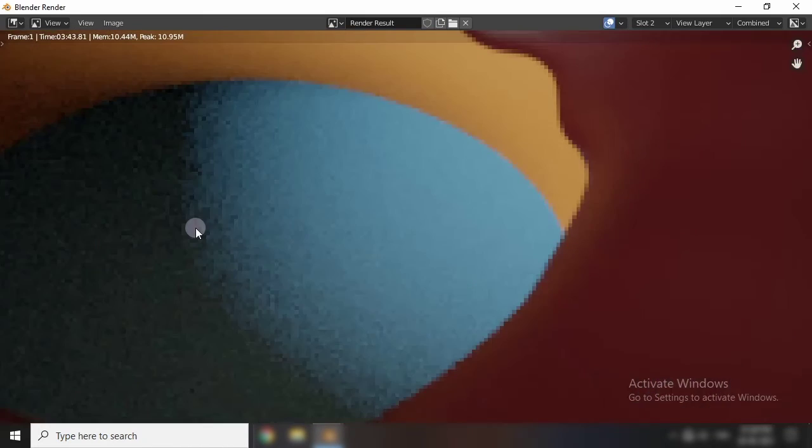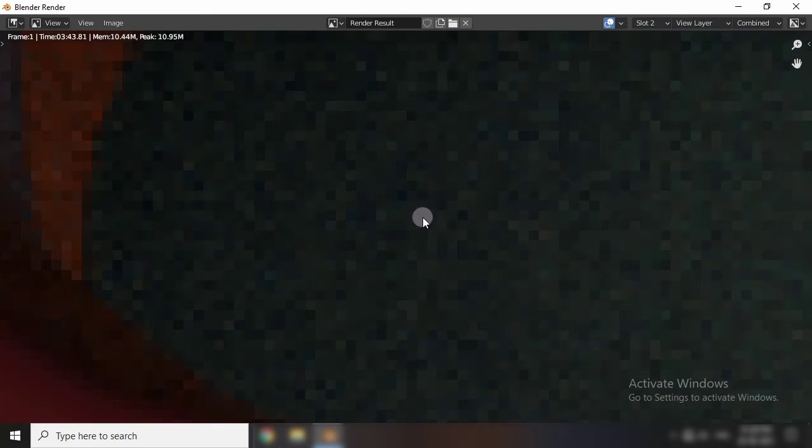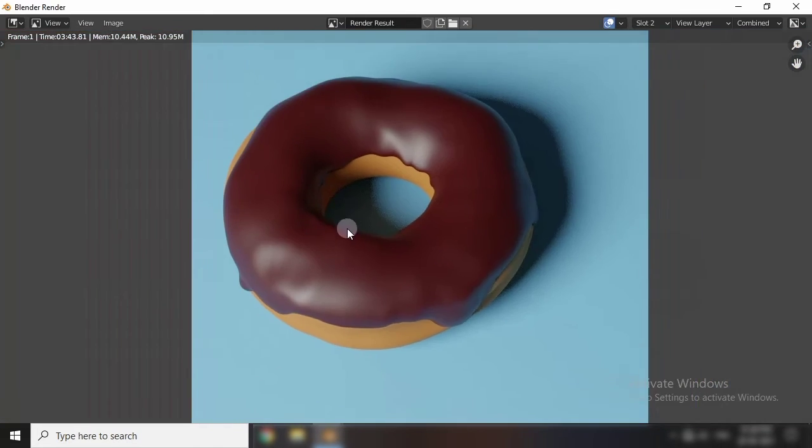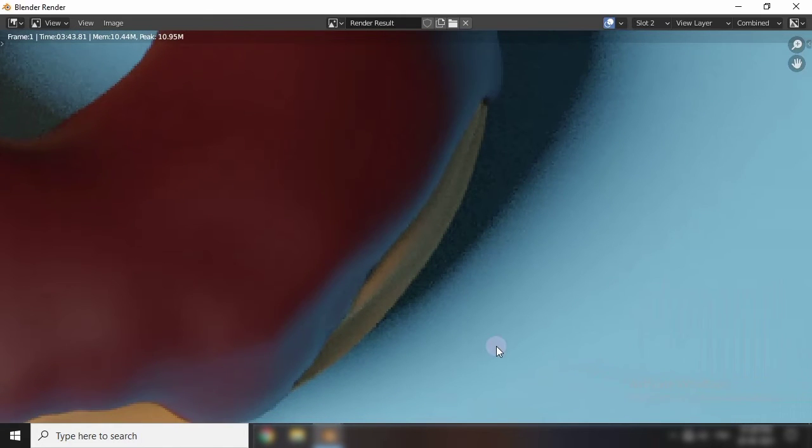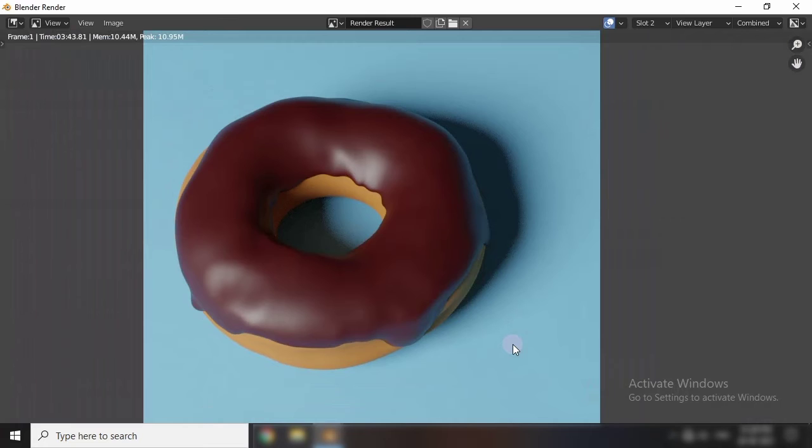So I have to denoise it. You can see here a lot of noise is here. A lot of noise. I want to denoise it. So denoise is something that, when we render in Cycles, the Cycles render engine gives us a noisy image. To remove that noise, we have to add a filter and edit the image here in Blender, and that was not coming at first, but now it has been created, and now you can denoise an image with the default only.